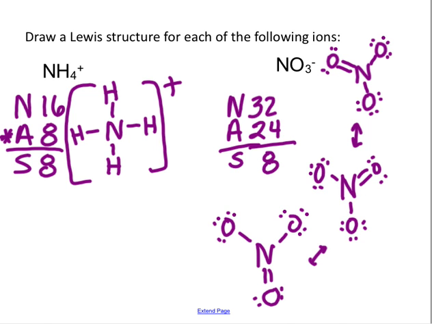Now, the reason I drew all these is I want to show you something. Do you see how all of them are pretty much the same structure, right? We call these equivalent resonance structures. They're the exact same in energy. The only difference is where the double bond O is, but it's always a double bond between N and O. Nothing else is different. So we call these equivalent resonance structures, and they each contribute equally, 33.3%, to the hybrid of what nitrate is,